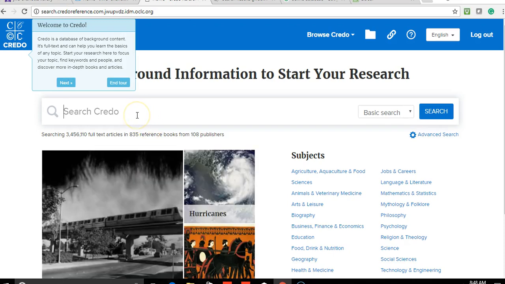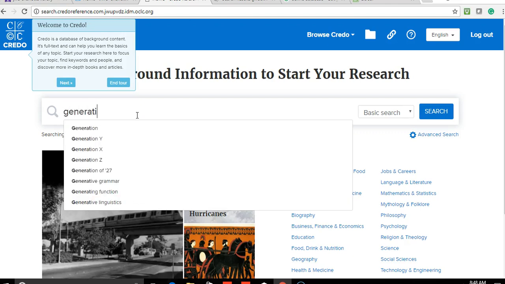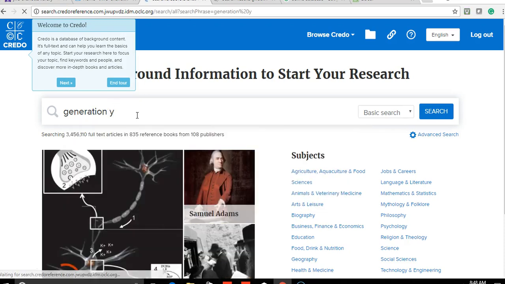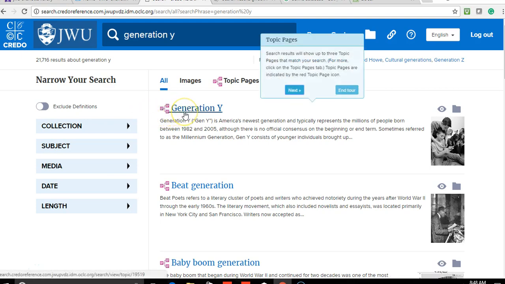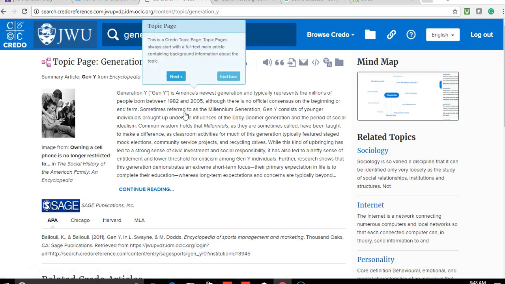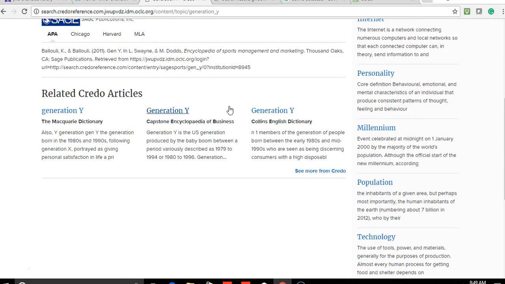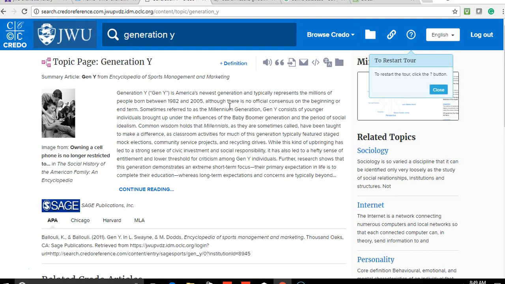And if you do a search in here, and let's say we do Generation Y, it's going to give us a link to, in this case, a topic page. Not everything's going to have a topic page that has everything else organized under it with other articles. But in this case, you can see there is, from the Encyclopedia of Sports Management and Marketing, a definition of Generation Y, which would be a very good definition to use if you were doing a paper or an assignment